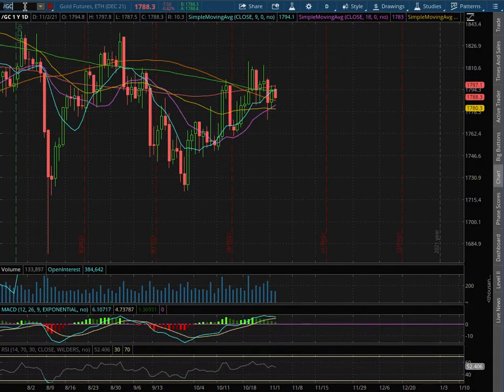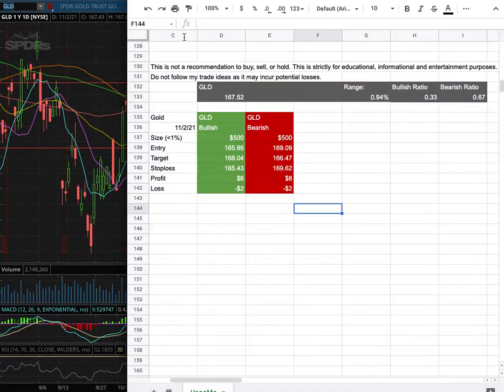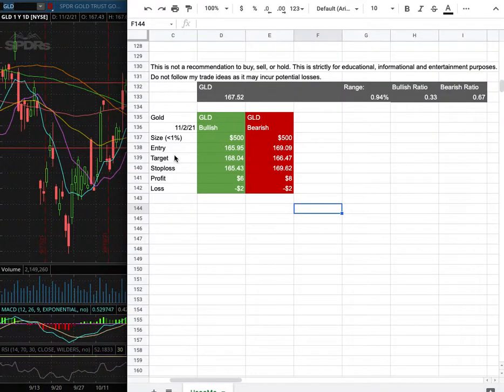As with the trade idea, I'll be trading GLD, and my position size for it is less than 1% of my portfolio. My long entry is at $165.95, and that is this range here. My sell target is at $168.04, and my stop loss is at